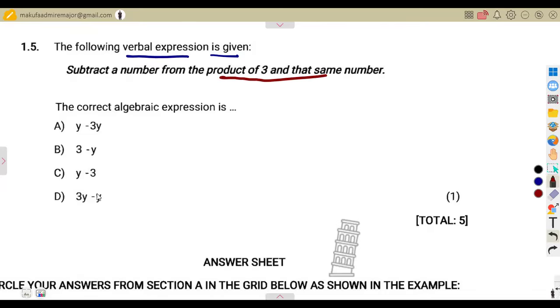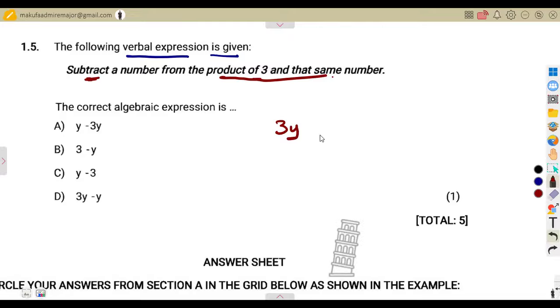So let's say the number that we do not know is given as y in this case. So you check how they wrote it on your answers. They wrote in terms of what? In terms of y. So meaning to say the number that we do not know is y. So we are going to subtract y from where? From the product of 3 and that same number. So the product, it means